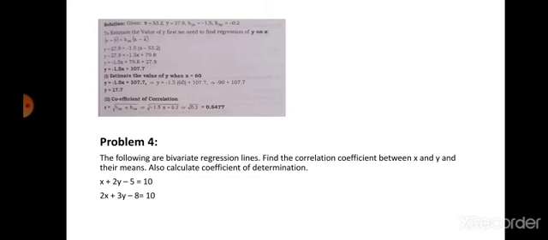Now 2x plus 3y equal to, what is this? Yes, 18. Now write one below another. Multiply equation 1 by the number 2. So 2x plus 4y; multiply the first equation and subtract. You will be getting y equal to 12. So y bar is also 12. Whatever you are getting for y will be the mean value of y.